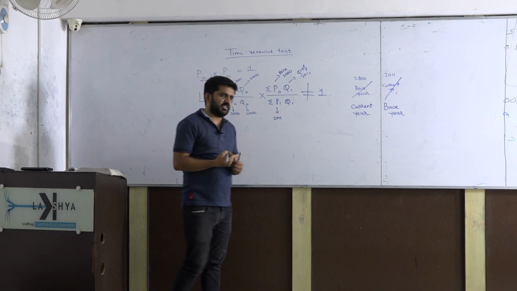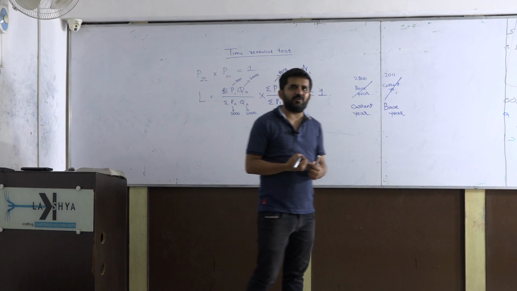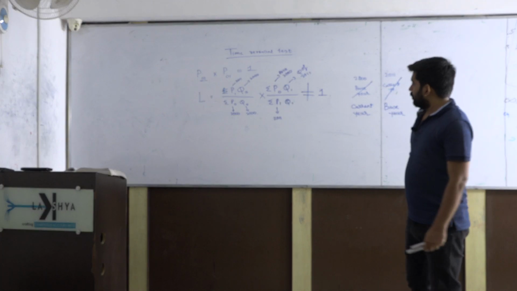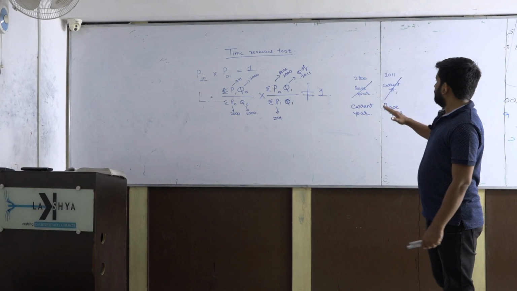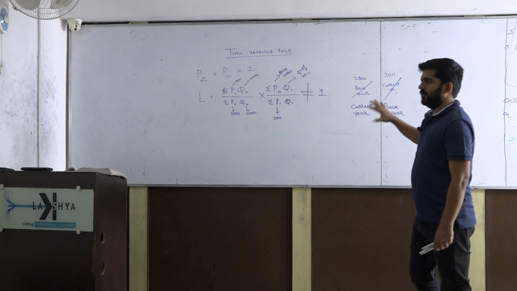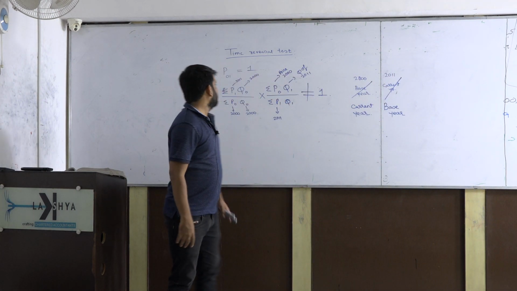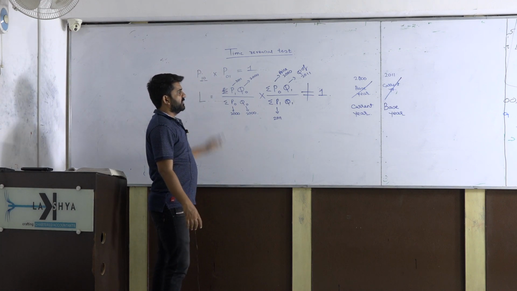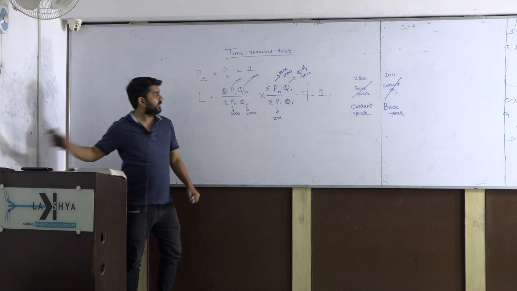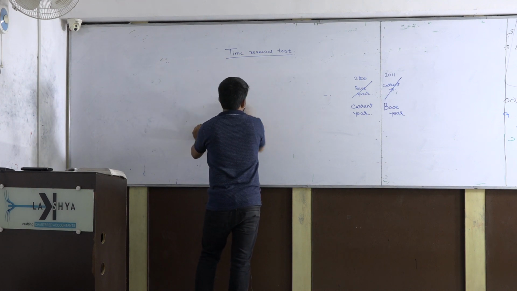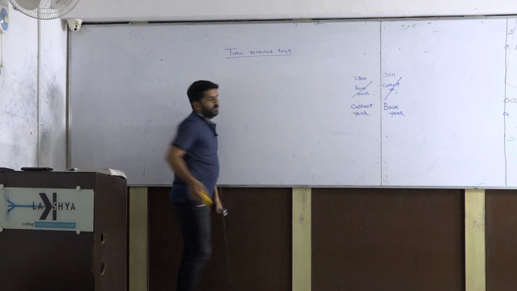What is the time reversal test? In the previous lecture also we had done it correctly, just while formulating the formula we did something incorrect. So the current year is shifted to base year and base year is shifted to current year, and we write down the denominator in the same manner, and hence proved that Laspeyres' method does not satisfy the time reversal test. Let us go to Paasche's, whether it satisfies the time reversal test or not.